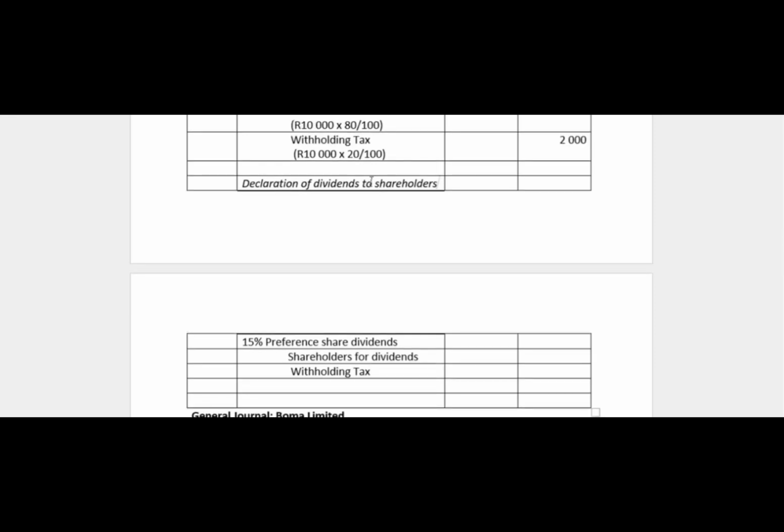Or to be more specific, you can just say declaration of dividends to ordinary shareholders. If you want to be more specific, declaration of dividends to ordinary shareholders. You can just say that, and then we are done with declaration of dividends for